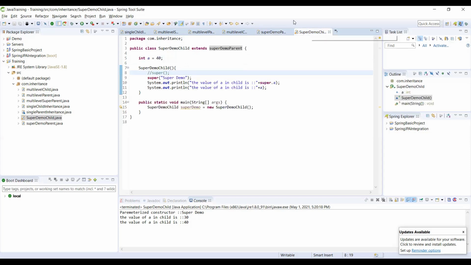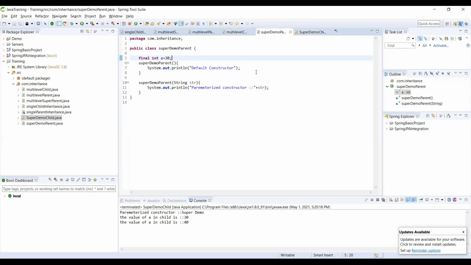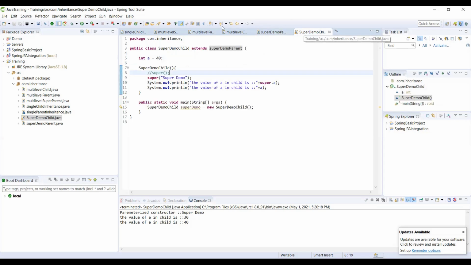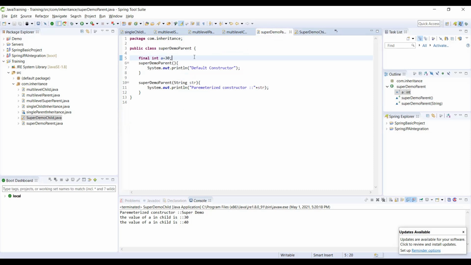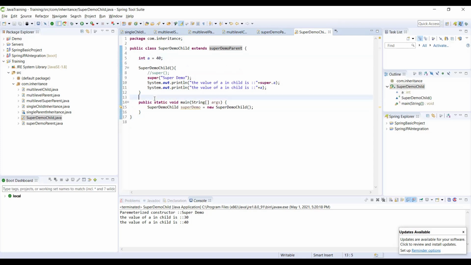Now here, I have extended my child class to this. Let me try and write void print.